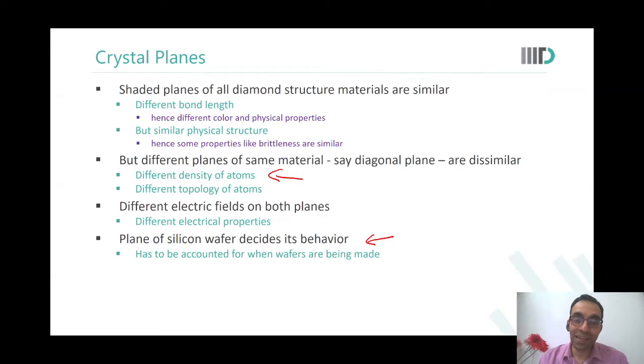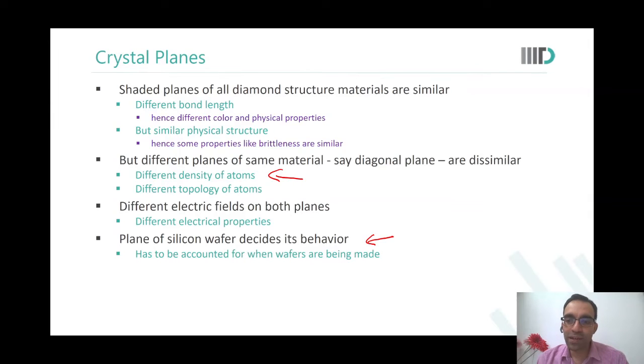Yes. Even though sand is abundantly available, you cannot make a silicon wafer at home. Just like you could make a sugar crystal at home, mishri, you could make at home. You cannot do the same for silicon wafers. Is this thing clear? Yes. Then if this is clear, we can move to the next step of how this wafer is fabricated.